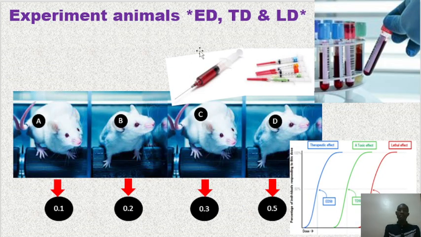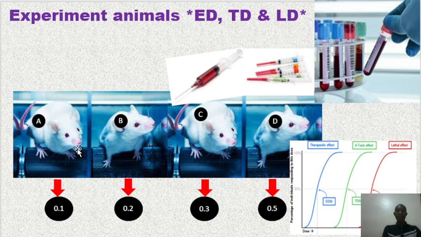For example, we use experiment animals when we are determining this dosage. For example, we have rabbits, we have rats, we have guinea pigs. What we do, if we have our 4 experimental animals like here, we subject each to a defined concentration, and then we want to determine which one will play an effective role, which one will be a toxic dose, and which one will be a lethal dose. For example, maybe we have our solution and our syringes here, they are like 4, and we inject each with a defined concentration.